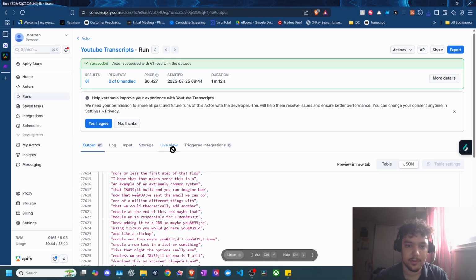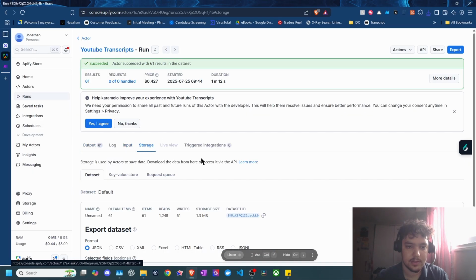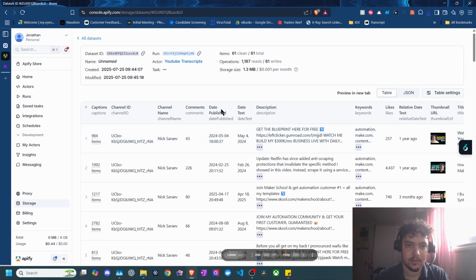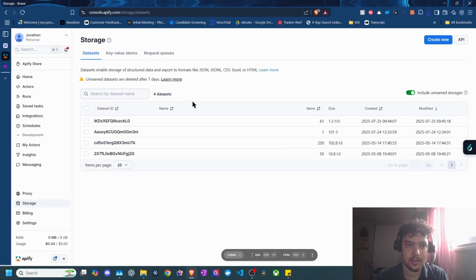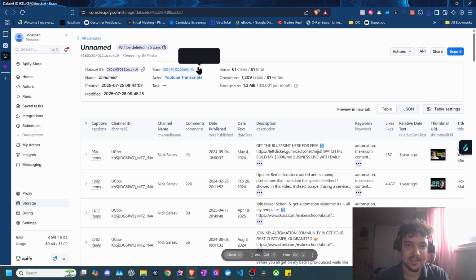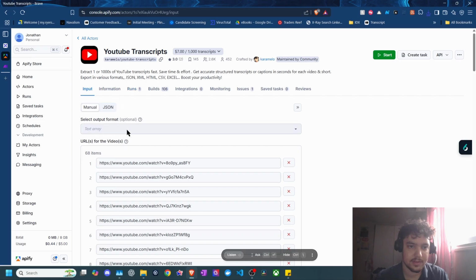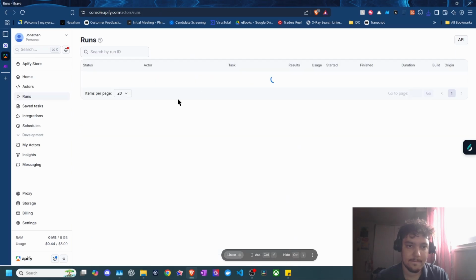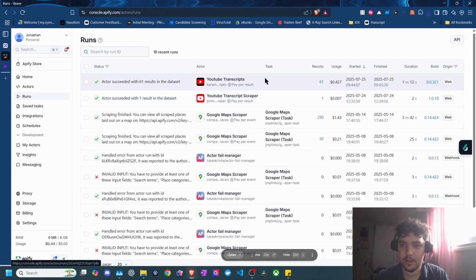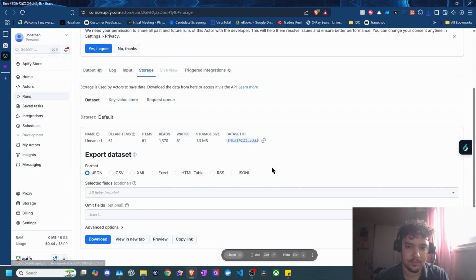If it's quicker than uploading, let's see if it works. So the dataset ID is found right over here. Shoot, go back here. There it is. That's the run ID, dataset ID is what we're looking for. You could find it. I didn't mean to click it, but if you go into basically your most recent run, all runs kind of come with it. Go into storage. It's right over here.